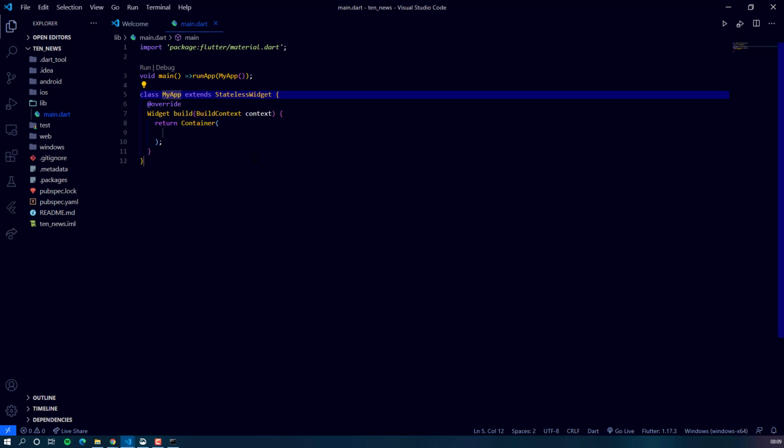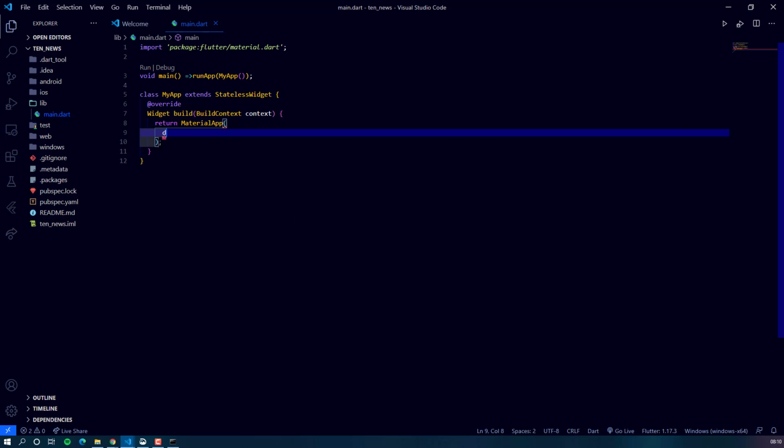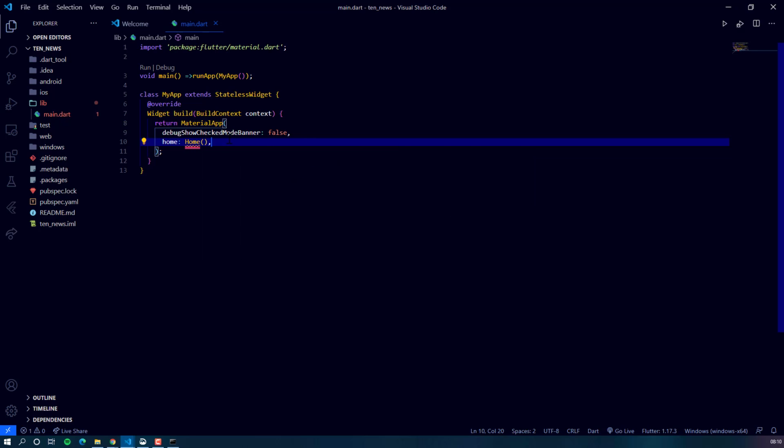Now our MyApp class would return a MaterialApp. Now in the home parameter, we would pass our Home class which we are going to create.